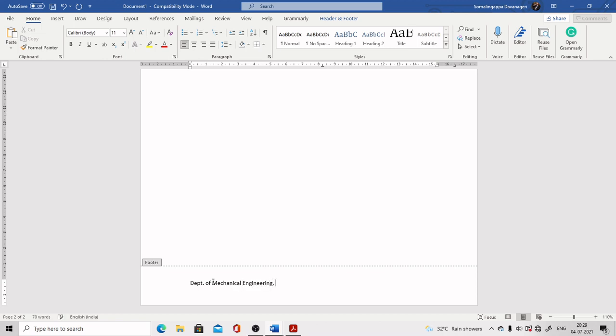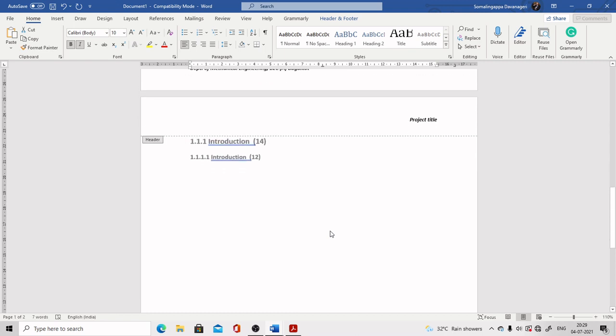Next you can provide the college name, BEC Autonomous, okay, BEC Bagalkot, right? Or you can go for the complete name of the college, but it will take more space. You just go for BEC Bagalkot. Now this is also of font size 11 or 10, bold and italic.